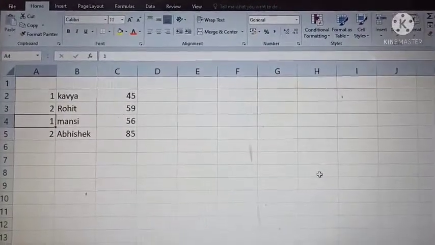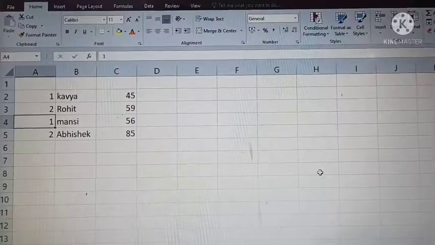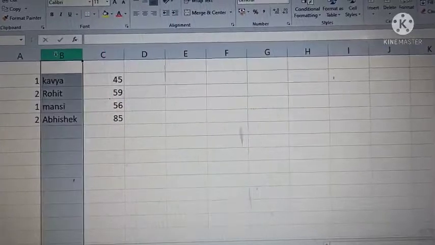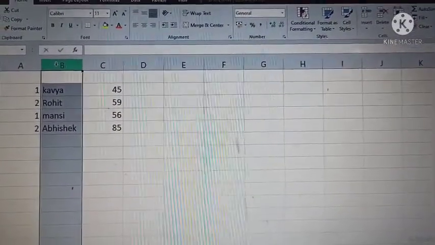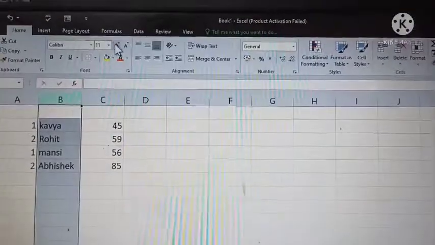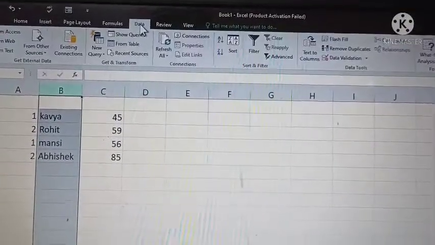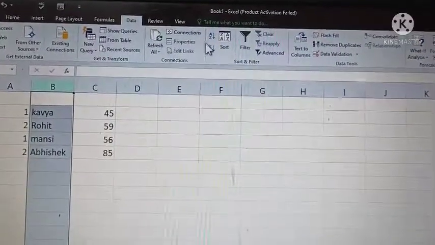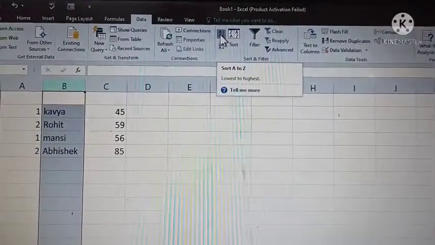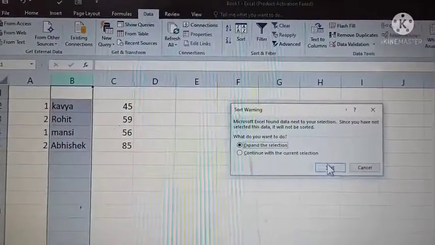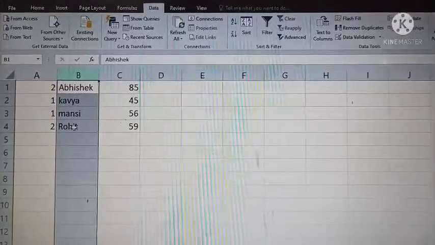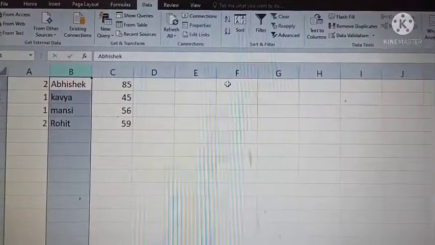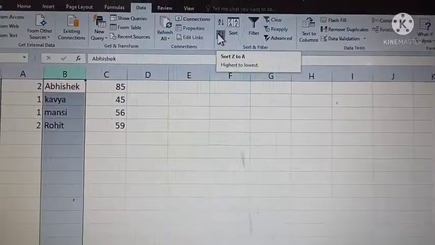To sort a record, follow the given steps. Click on the field name that you want to sort. Okay. And click on the Data tab. Click on Sort A to Z or Sort Z to A in the Sort and Filter group. Whenever we click on A to Z, your data will be sorted in ascending order. Again, we click on Z to A.